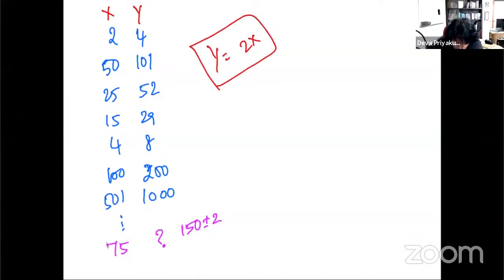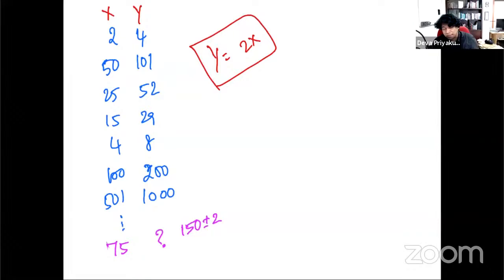What have you done here? You have tried to figure out what the relationship between the two is. For example, someone says Y equals mx plus c or something like that. So what you have done is to figure out the relationship between X and Y. This is how our brain processes things. When you have to ask a computer to do it, usually we say that this is the relationship, so once someone gives you a value of X, use this relationship to calculate the value of Y. That's how most computer programs are written.